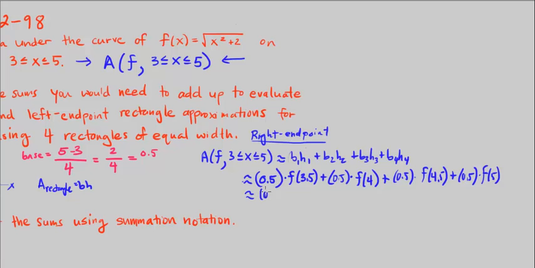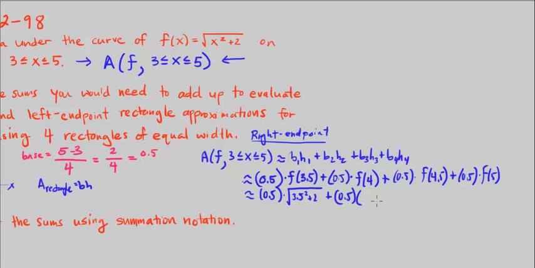So let's go ahead. We don't want to multiply these, but what is f of 3.5? Well, let's plug in f of 3.5. So instead of x now, we have 3.5. Okay? So that's going to be 0.5 times square root of 3.5 squared plus 2, plus